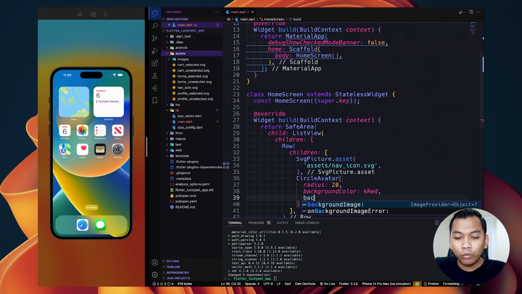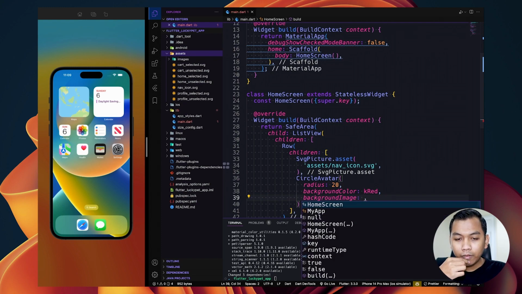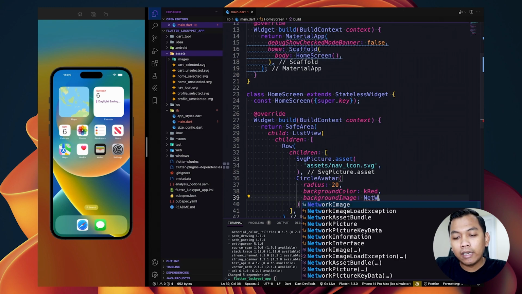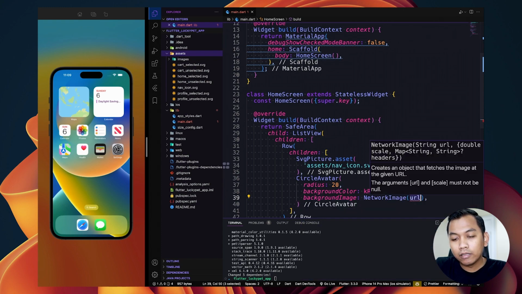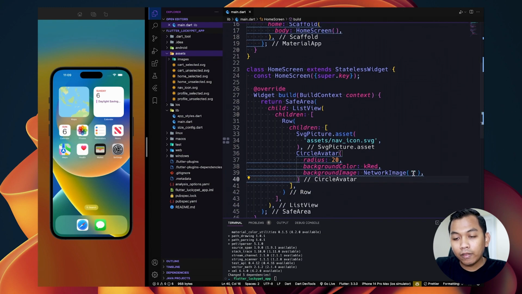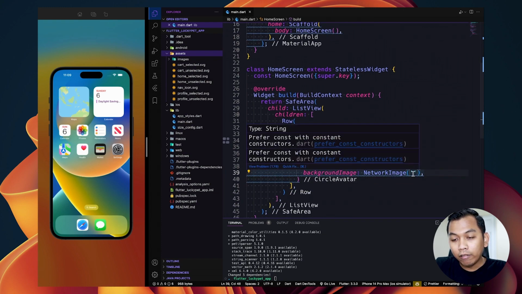And the next step is we also have a background image here, and we can use an assets image, or because when our app is online we need to retrieve data, and the data must have something like a URL, so we can think like NetworkImage. So when we have the real data, we can simply retrieve it and paste here.